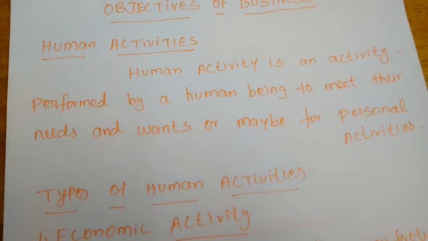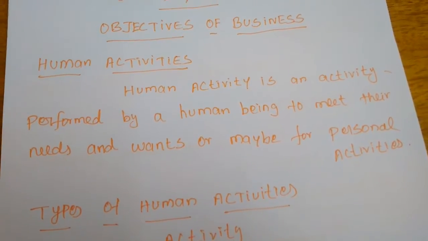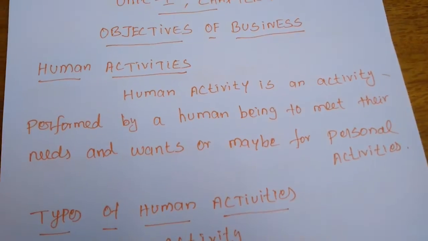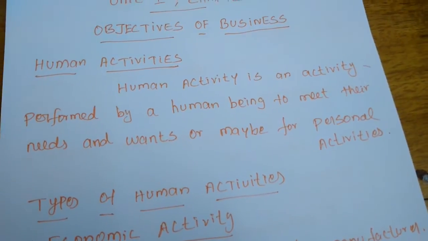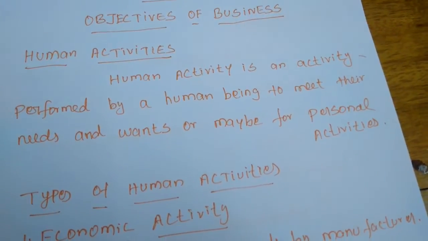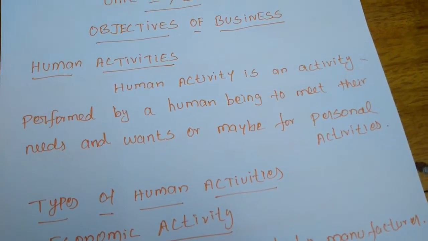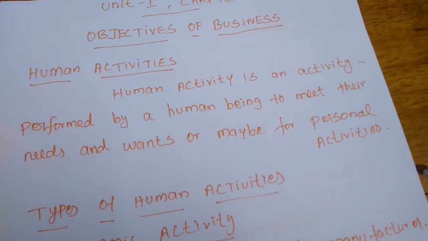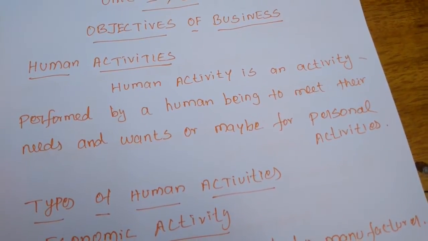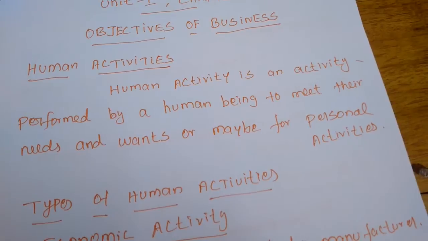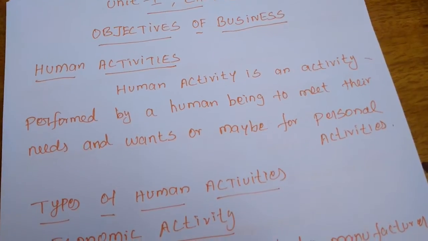When we look at needs and wants, we will understand what human beings are doing. Normally, whatever we need and whatever we want, all human activities will be based on our needs and wants. First, the needs: the basic needs of a human being are to fulfill their basic necessities of life.